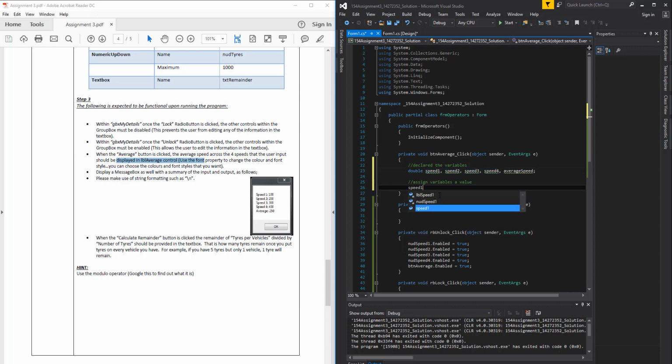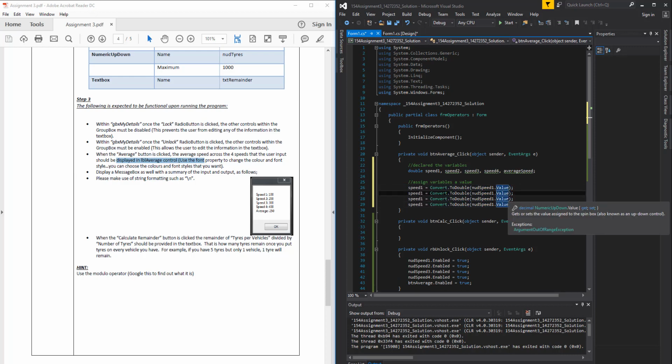So we have speed 1 should be equal to nud speed1 dot value, but they're not the same type, so we need to just convert dot to double. And this can be done for the other 4 as well. Okay, then we're gonna